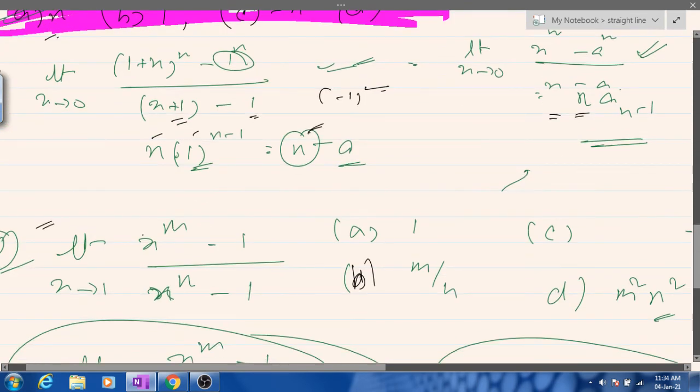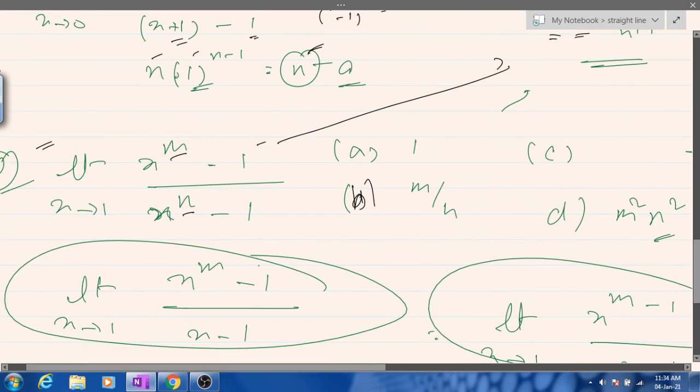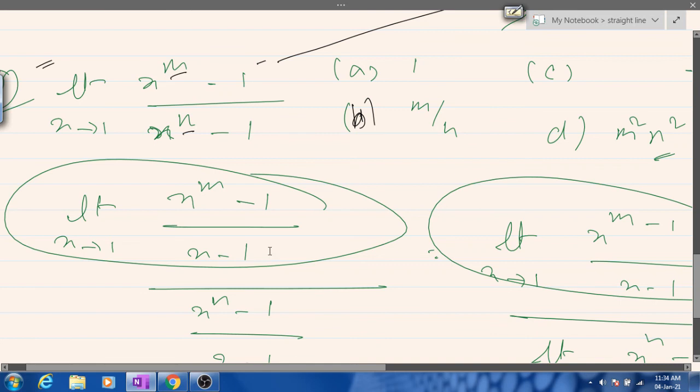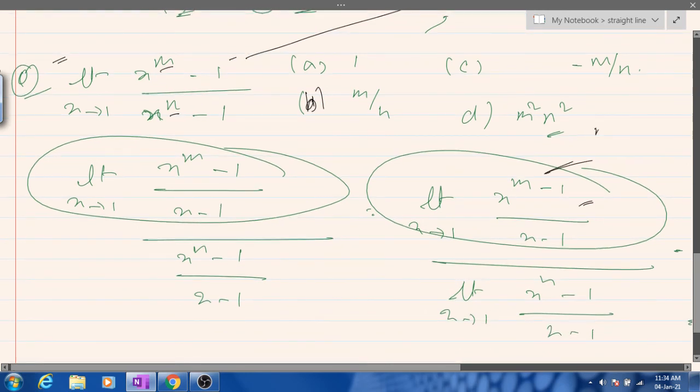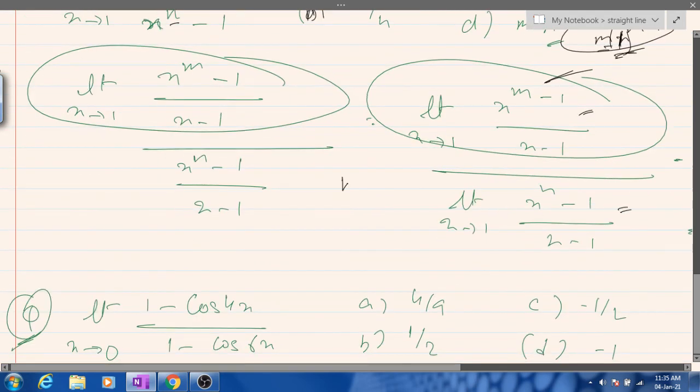Moving on to the fourth one. Options are right here. X to the power m minus 1, x to the power n minus 1. So again you have to bring this to this form. What you have is divide by x minus 1 throughout numerator and the denominator. You will get the answer as this one will give you m x to the power m minus 1, and 1 to the power anything will be 1. So numerator will give you m, denominator will give you n. So your answer will be m by n, which is your option number B, I guess.